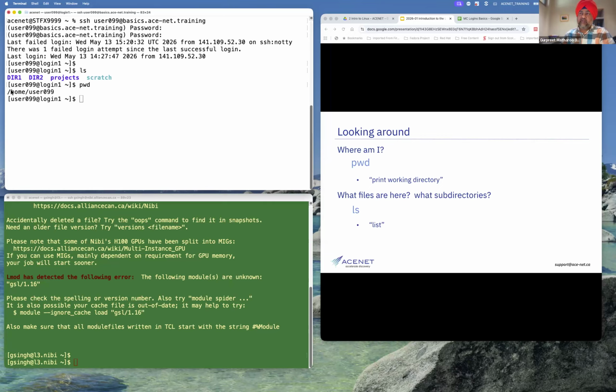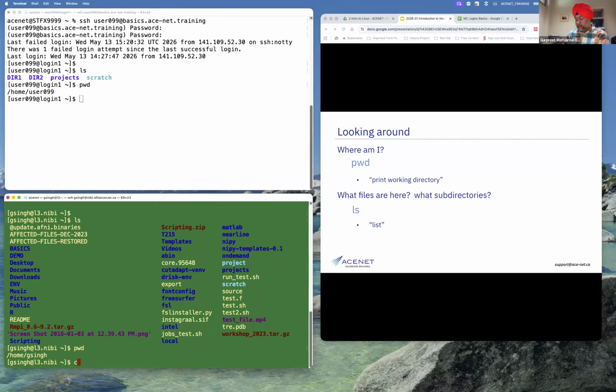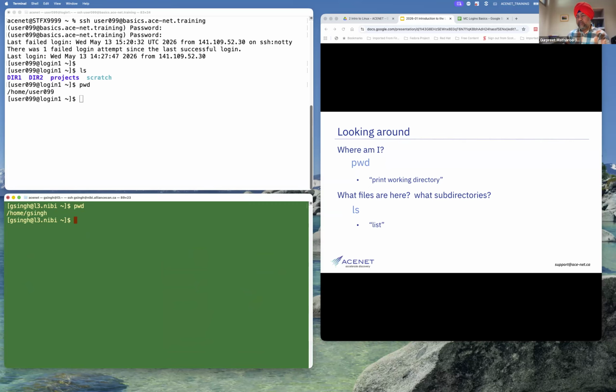In this case, you can see slash home slash user099. And if I do this on this real cluster, the same thing, you will see I have got a lot of data over here. If I do this pwd over here, okay, let me do this now. So pwd here also I am at my home and this is my username.